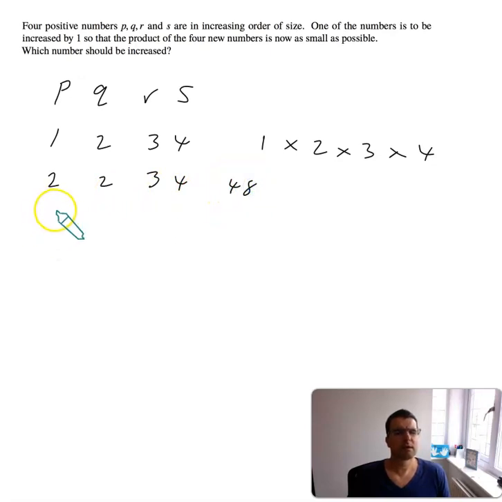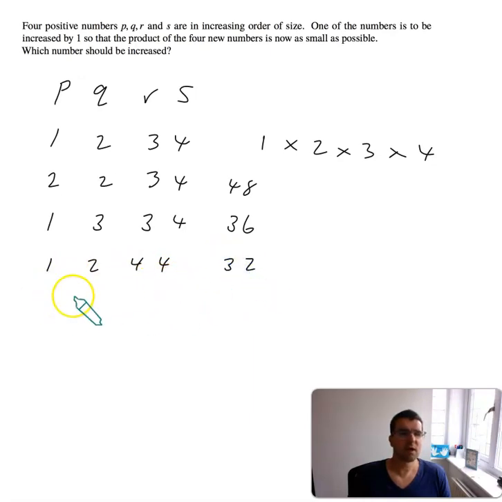Okay. So let's check the others then. You could increase Q by 1, so 1 times 3 is 3, times 3 is 9, times 4 is 36, so that's actually smaller. And then you could increase R, which is 1 times 2 times 4 times 4, which is 32. And then we'll go for the last one, increase S: 1 times 2 times 3 times 5